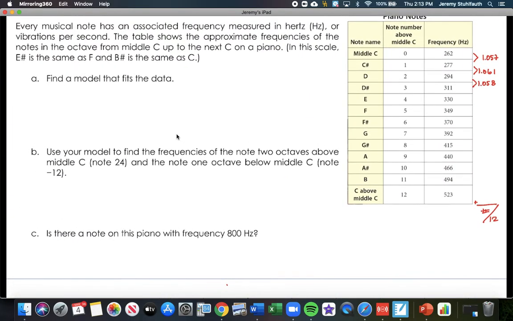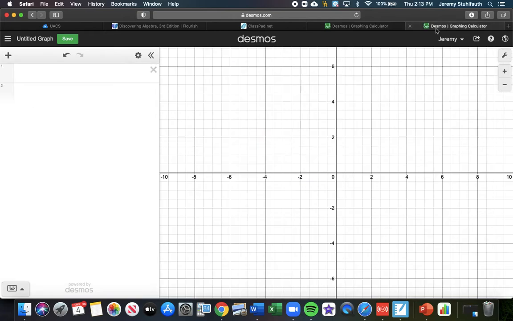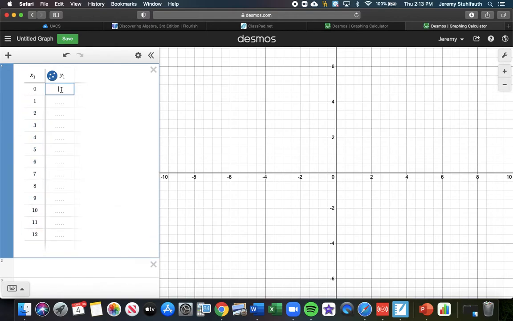Now, a quicker way to do that is to type this table into Desmos, and that's what we'll do right here. We would take this and type it into Desmos. We would have table, and then we have 0, 1, all the way up to 12. And then for 0, we had 262, and then 277, 294, 311, 330, 349, 370,